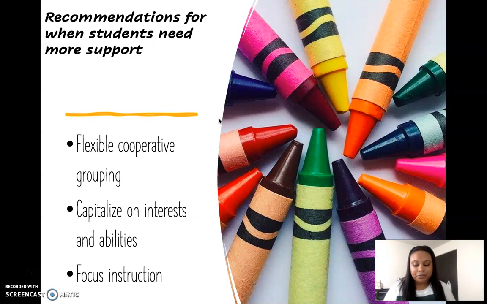Okay, and you're also going to want to focus your instruction. So you're going to want to focus your instruction on the comprehension skills and strategies that have the highest utility. So by using this method, you are going to use things such as the end of the year benchmarks and use this as a guide for instruction and assessment